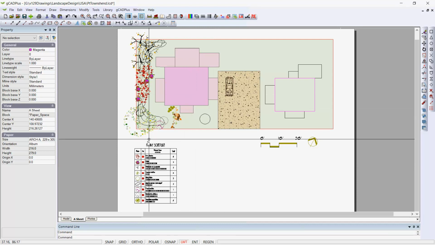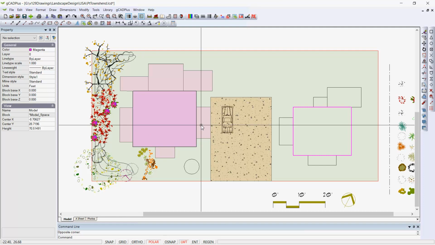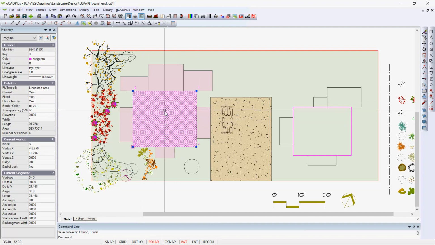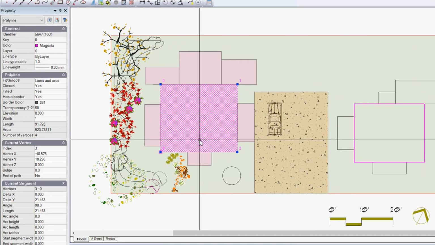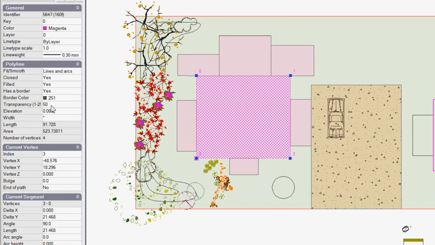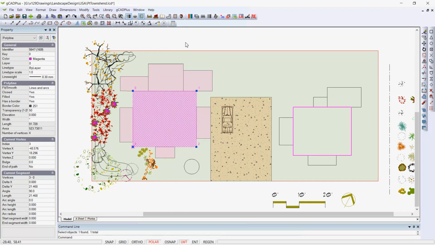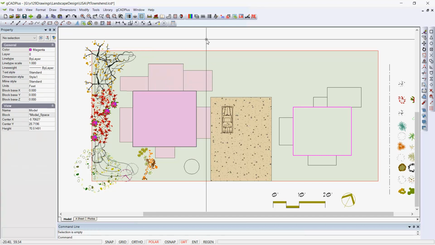The reason it takes a lot of time, we'll go back to the model, is that of the colours that have been used. There's a fill being applied to a rectangle here, and see over here in the properties box, transparency has been set to 50. So we're controlling the colour in here, another transparency set at 25. And it's when you set transparency within the gCADPlus drawing, printing to PDF via CutePDF and other writers just takes